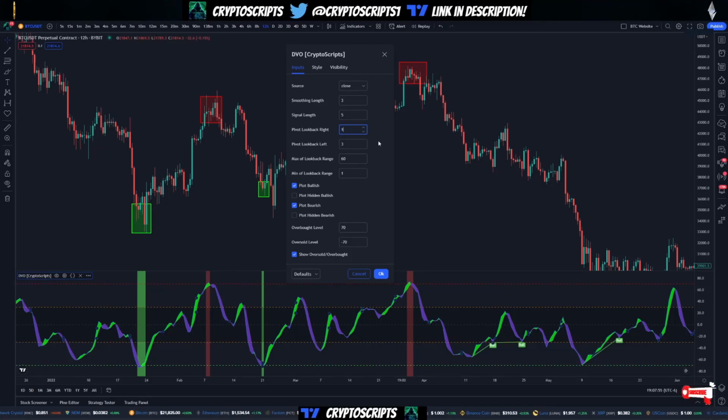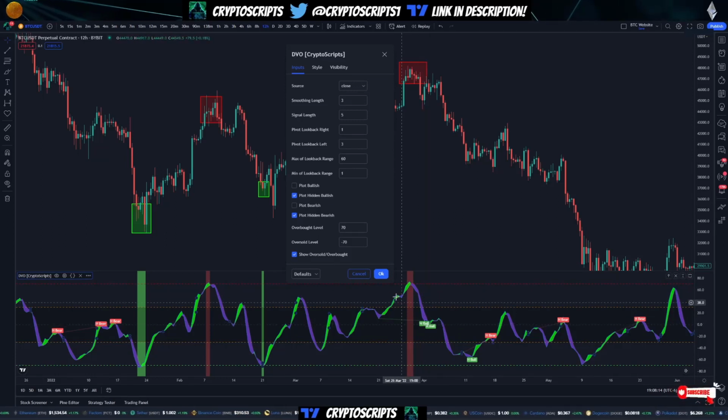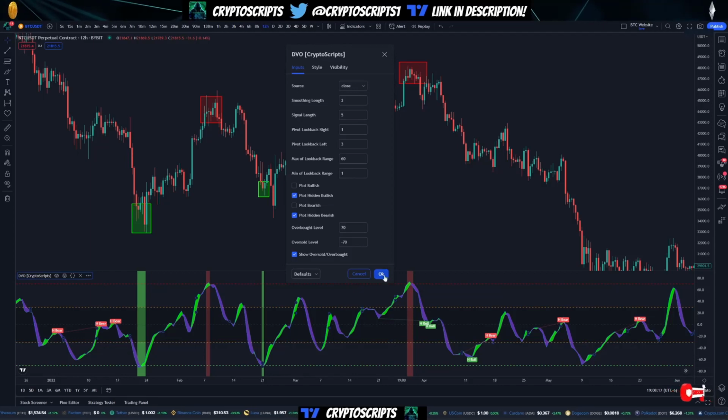So it's going to show up 2 candles after the signal flashes. And then again, max look back range is 60, min look back range of 1, just how many candles it's looking back. So you can toggle on and off the bullish and bearish divergence. You can see here if I toggle on the hidden bearish and hidden bullish divergence, that comes on. Now again, these show up a little bit more frequently because they happen more often, but they could help you